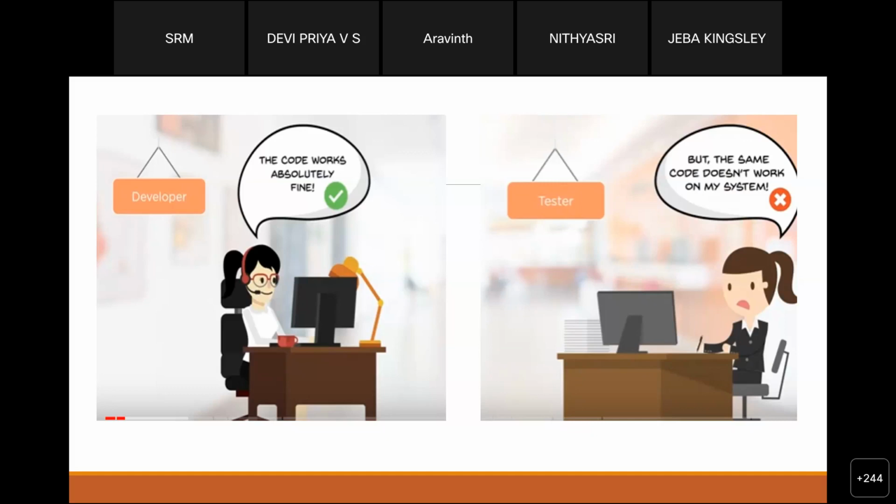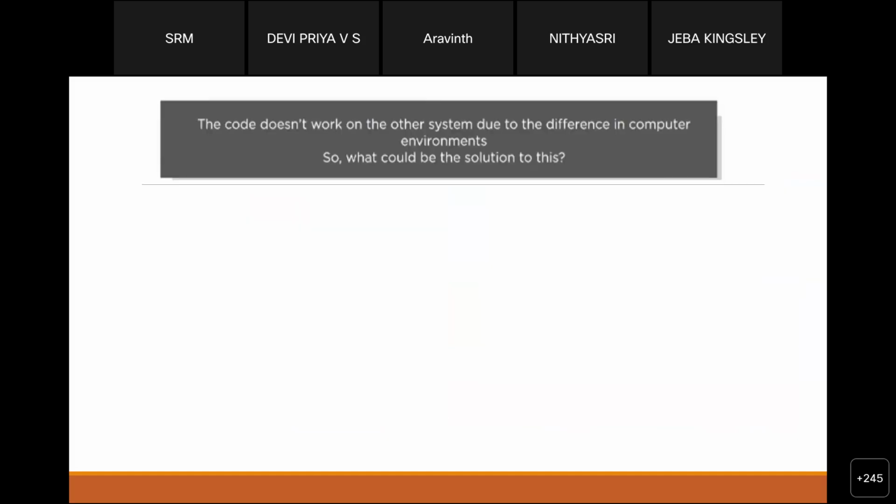Can you think why? Yeah, as many of you think, if the code works in one system and the same code does not work in the other system, that may be mainly due to a difference in computing environment. For example, if you are teaching a Java program, Java has its own supporting environment like the JVM and all those things.